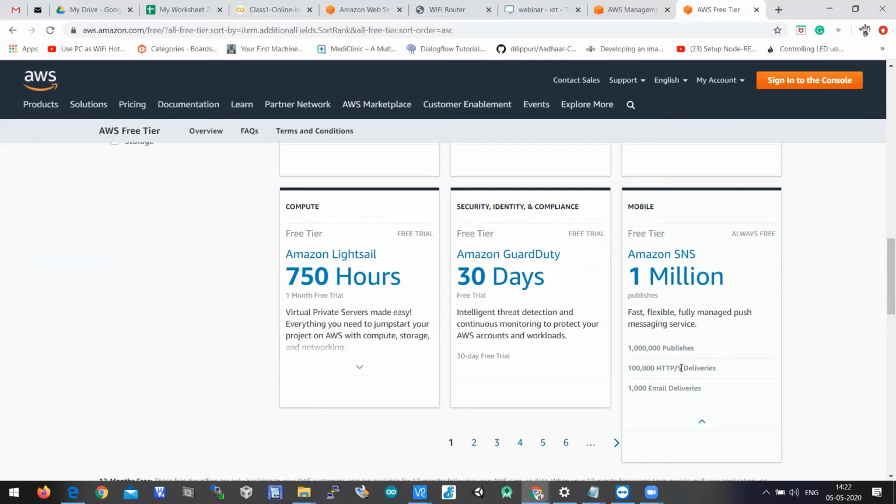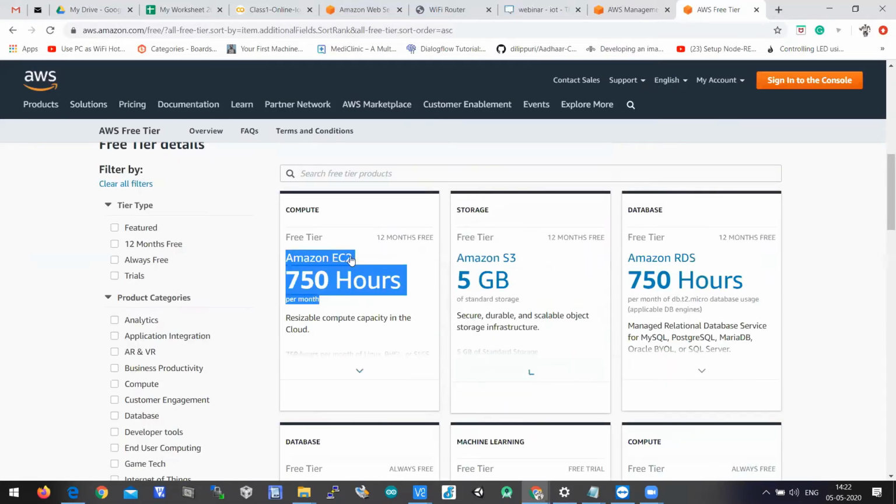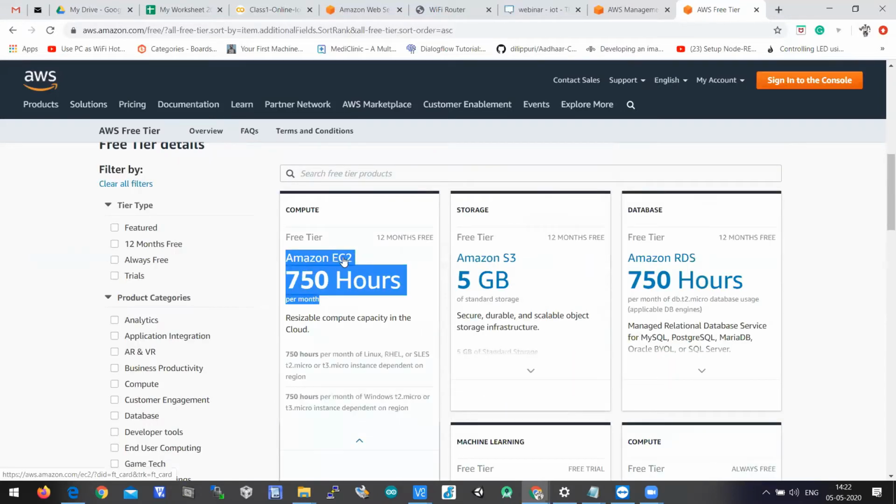Before you use a service, you should understand how much of the service is free in this 1 year free tier. Today we will be using Amazon EC2, 750 hours per month free. Today we'll host this Amazon EC2. Once the task is completed, we can shut down the service. We can easily start the service, and we can easily shut it down if it is not required on your AWS.